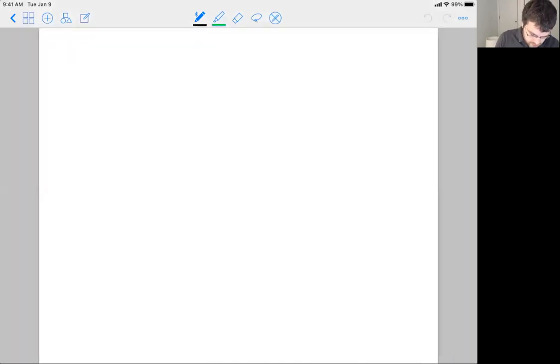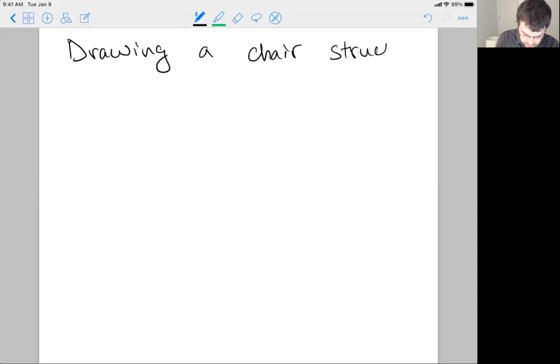First things first, drawing a chair structure. I'll lay out some steps here, but hopefully, and I keep emphasizing this, after a while you get fast enough to where you just draw it and it looks reasonable without thinking about the steps. But we'll start. Okay, so step one, what we want to do is draw the middle